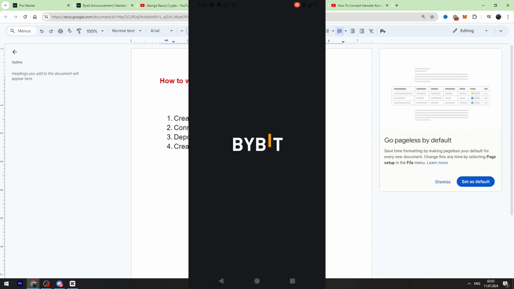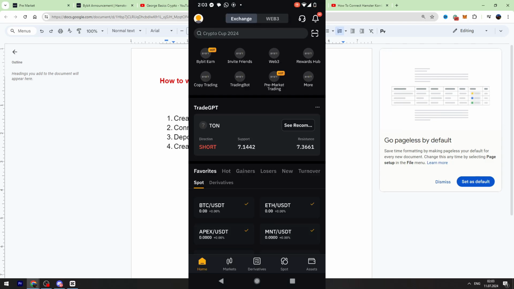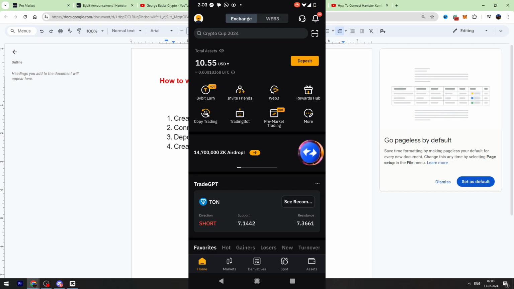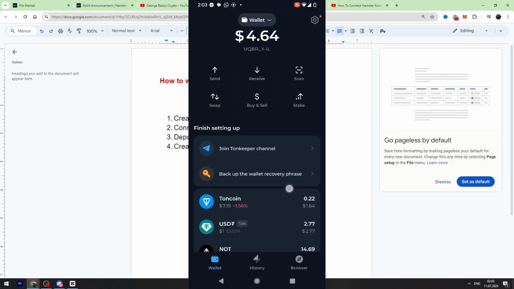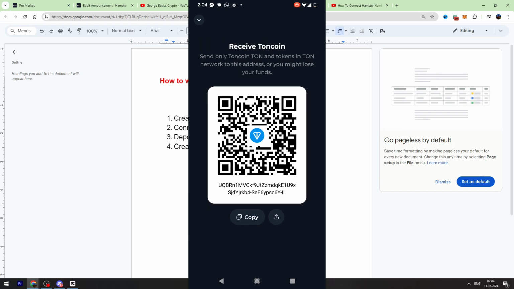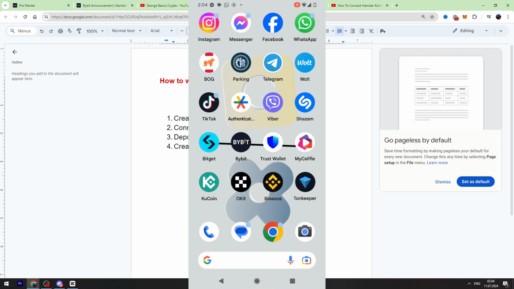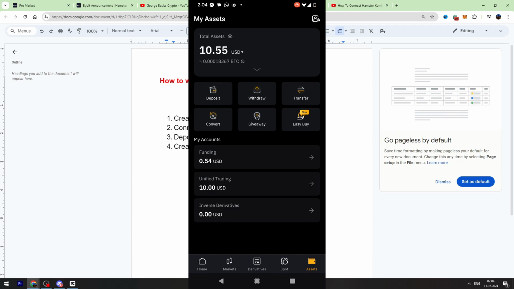So the first thing you can do is go to Bybit or any exchange, guys, buy Ton coin and send it to your Tonkeeper account. So for example, you have a Bybit account and you want to send your Ton coin to the Tonkeeper wallet. So go to Tonkeeper wallet, just click Ton coin in the coin list. Then you need to click receive. Copy the wallet address, go to any exchange where you can have Ton coin. For example, go to Bybit, then go to your assets, click withdraw,